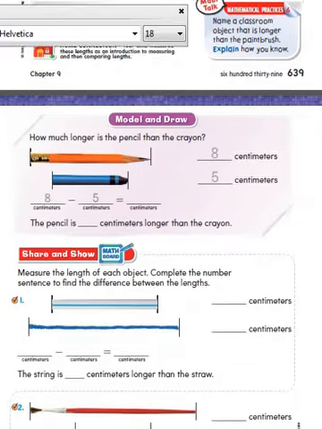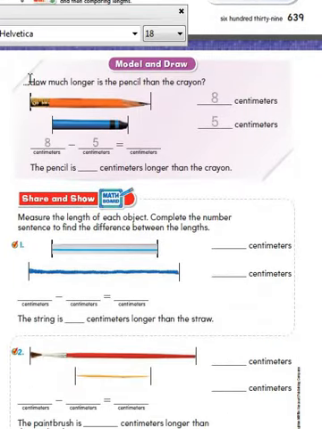Look at this page. What does it say to me? It says, how much longer is the pencil than the crayon? We have a pencil here and a crayon here. Without measurement we can see that the pencil is longer than the crayon. When he measured them, he got that the pencil equals 8 centimeters and the crayon equals only 5 centimeters. He wants to know the pencil is longer than the crayon by how many centimeters, or what is the difference